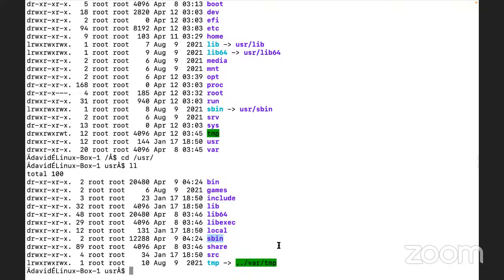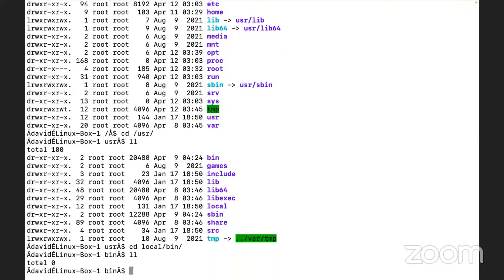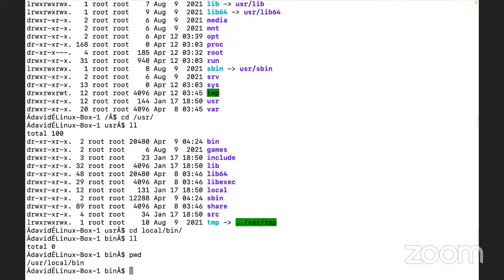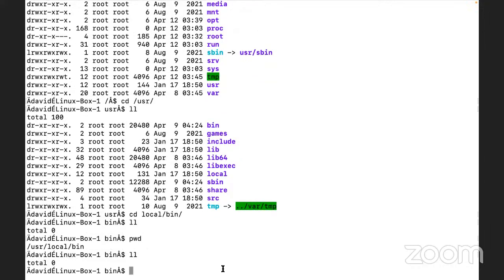Moreover, the documentation of these particular softwares is also stored here only. For example, you want to write your customized script and you want to utilize that as a command. You can store that here, /usr/local/bin. You can write your customized command here, /usr/local/bin, right? Yes.